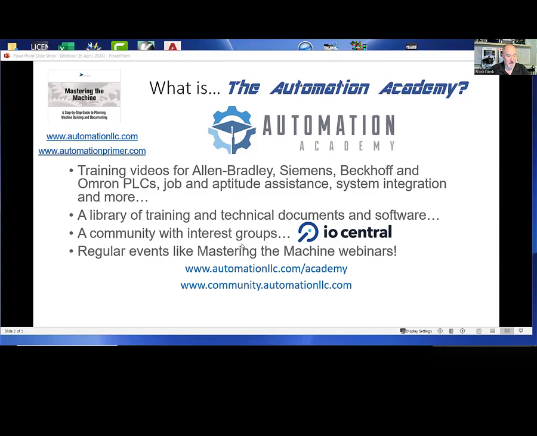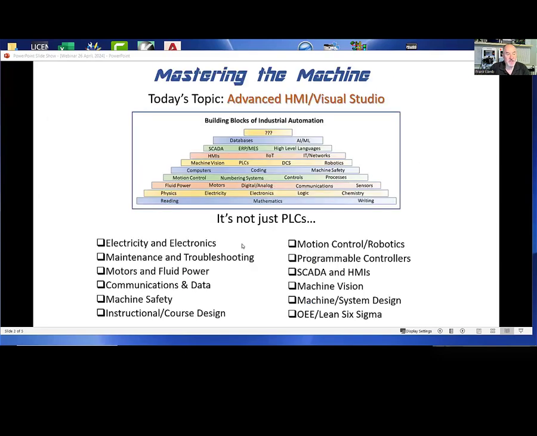So one of the features that I've kind of been pushing in the Automation Academy is that it's not just all about PLCs, right? PLC programming is a very small part of controls engineering and systems integration. And you need to know some preliminary things like basic math and things like that, but then there's industrial math. There is different kinds of coding. You need to know what digital and analog are, and different numbering systems, lots of other things, motion control, machine safety,